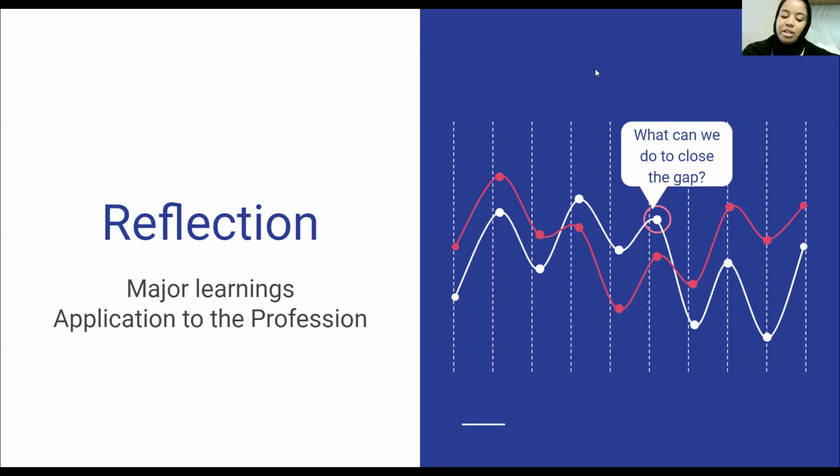So in my reflection, I want to talk about the major learnings and application to the profession. When we discuss the major learnings of this project, it's important that we consider how this project can be implemented in other schools, because not everybody is using the Pearson curriculum. Everyone is using the Marzano levels of framework. However, this unit curriculum can be used in other schools because there are components of the CEP model and the frameworks that can be used in any curriculum that your school is deciding to use.